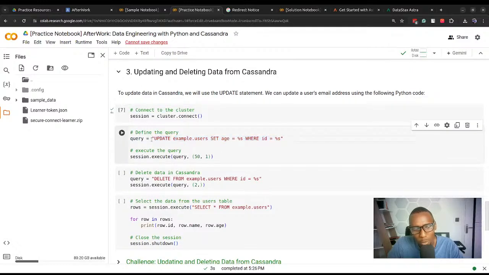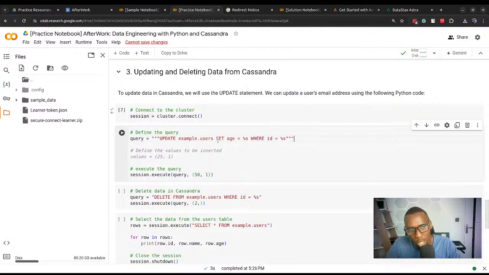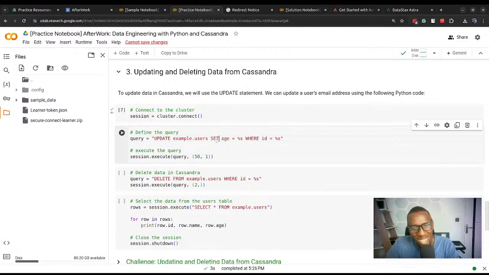If it's multiple lines, by the way, you'd have to use triple quotes, but that's not what we want. It's just one line. So update example users, then we set the age to 50,